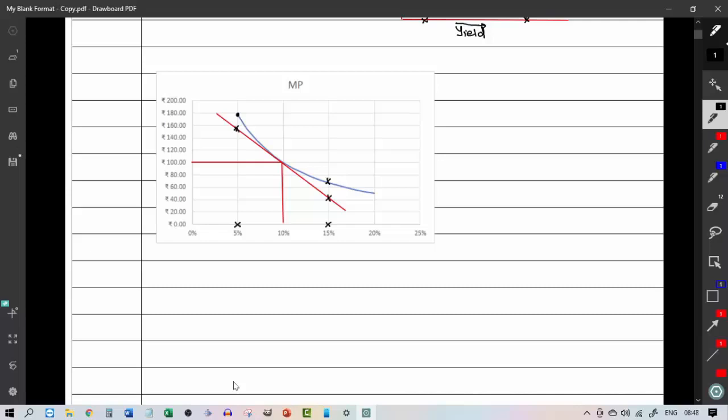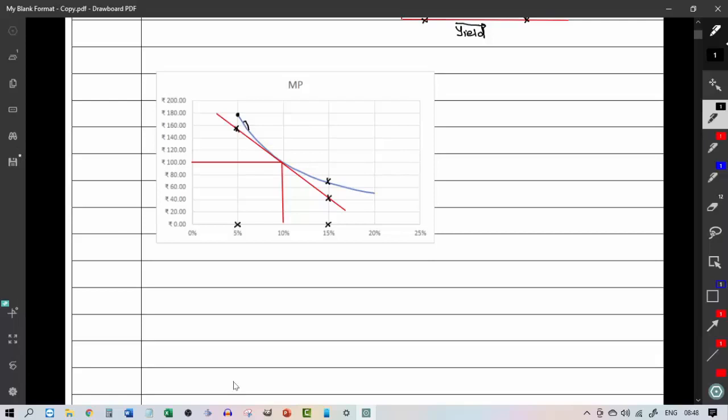Therefore, we say that convexity is the bondholder's friend, because when the yield falls, the price of the bond increases by a higher amount, and when the yield increases, the price of the bond falls, but it falls by a lower amount. Now, the whole process of convexity is finding the slope of this curve, because once we find the slope of this curve, then we can accurately predict for every percentage change in yield, how much the bond price will change by.